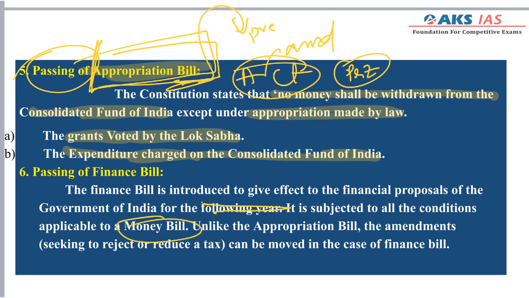We have seen in the money bill there will be no joint sitting and it can be introduced only in the Lok Sabha. And unlike the appropriation bill, amendments seeking to reject or reduce the tax can be moved in the case of this financial bill. So finally, this Finance Act legalizes the income side of the budget and it completes the process of the enactment